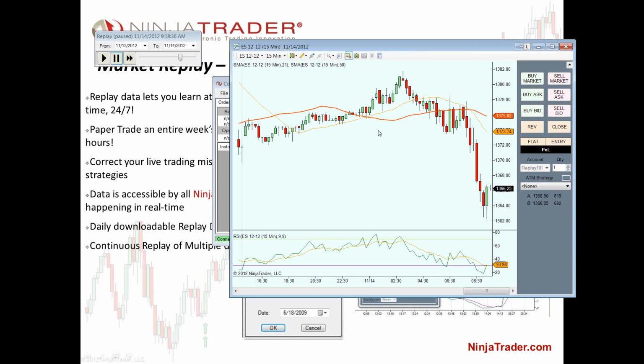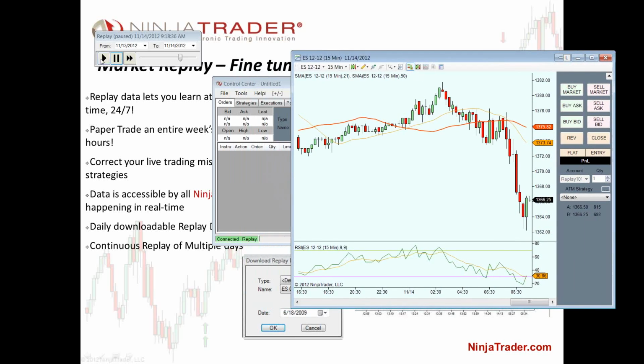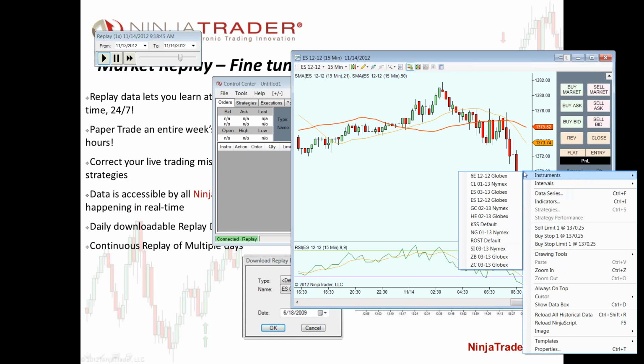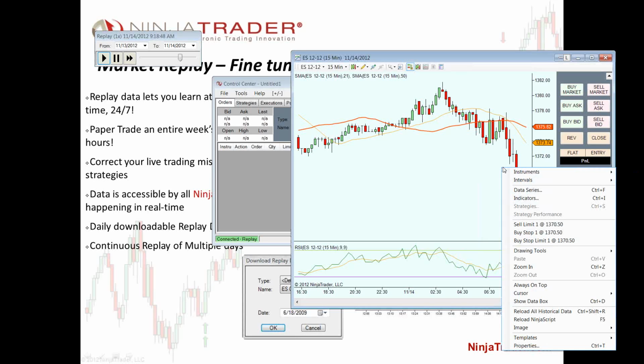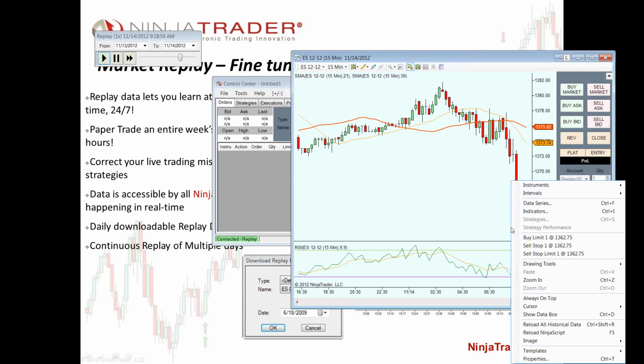So now that we have everything ready to go, maybe we have all the analysis on the chart that we'd like to take a look at, we can go ahead and get started trading in simulation against this data, by playing that back and entering our trades either from these quick buttons, or we do actually have options available if we right-click on the chart, depending on where, to place orders on the chart. So we can actually right-click to place stop or limit orders. We do have the option, if we right-click above the market, to place a sell limit, a buy stop, or a buy stop limit order. Now, if we right-click below the market, you'll notice that we do have the inverse available. So we have a buy limit, sell stop, and sell stop limit